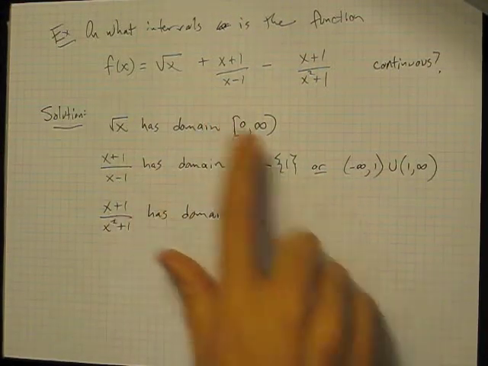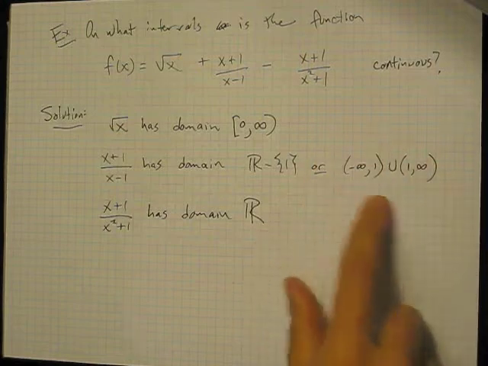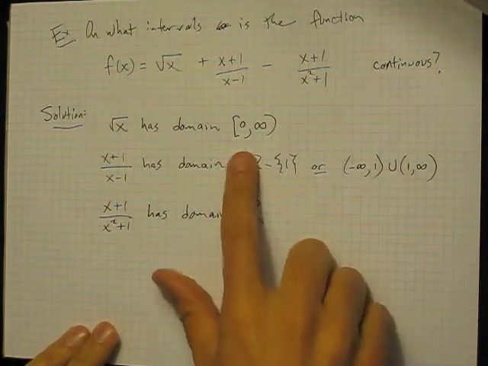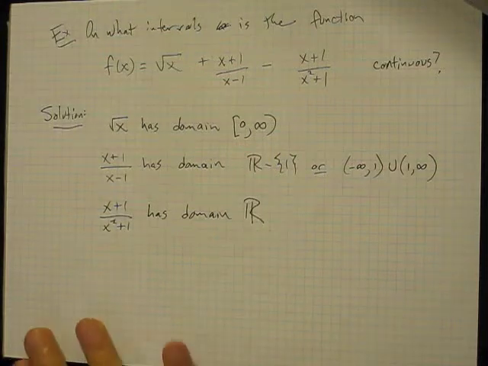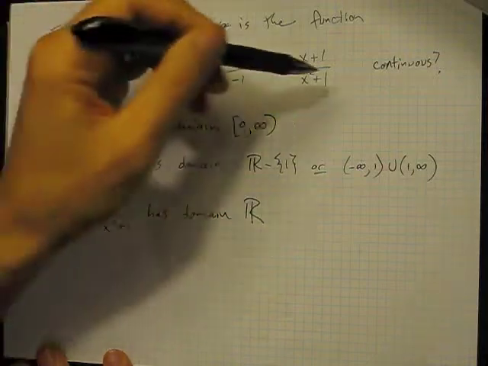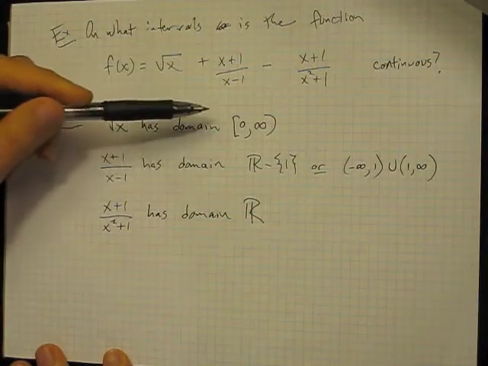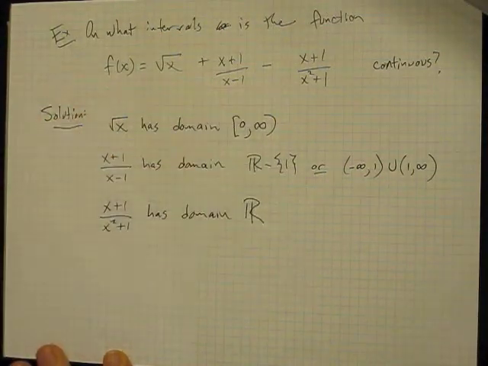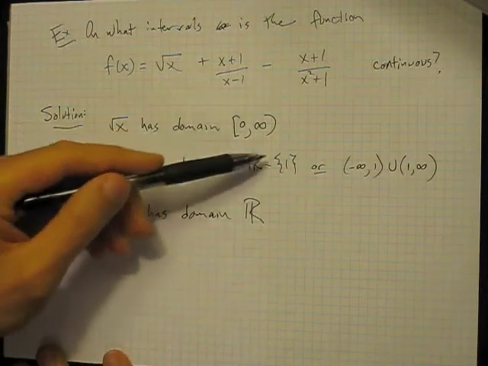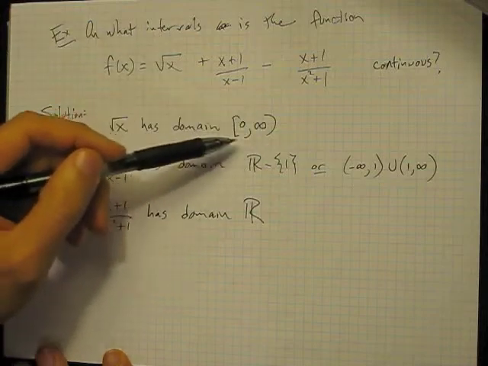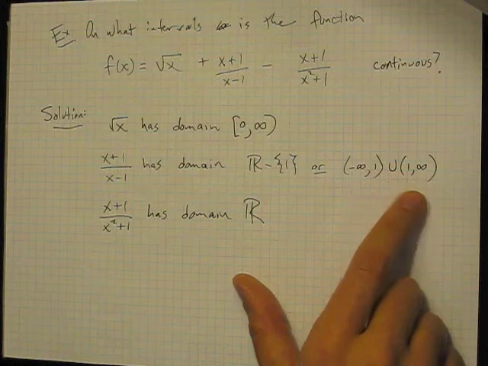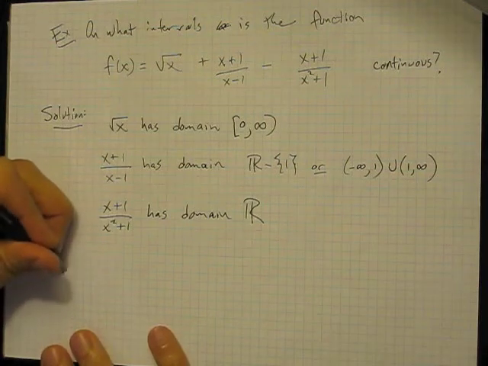This second function here in this sum of these functions has this as its domain, and the square root function has domain all non-negative numbers. So to find out where it's continuous, well, this is just a combination of these. So we just have to look at what the intersection of all of these domains is. So we have the real numbers here. Now we need this domain, so we need to restrict to that, and then we need to make the further restriction to these. So the answer